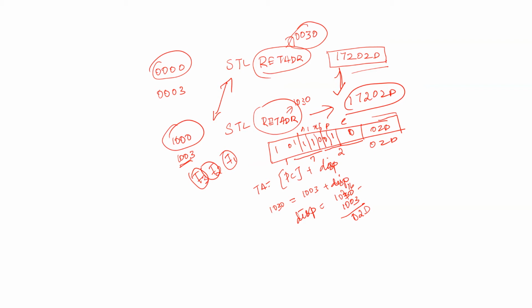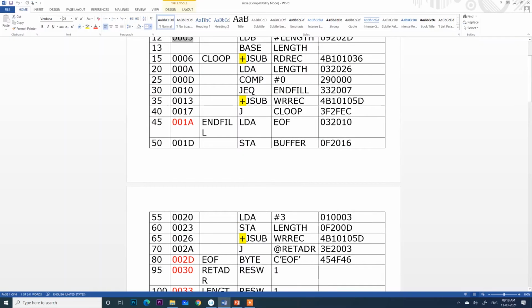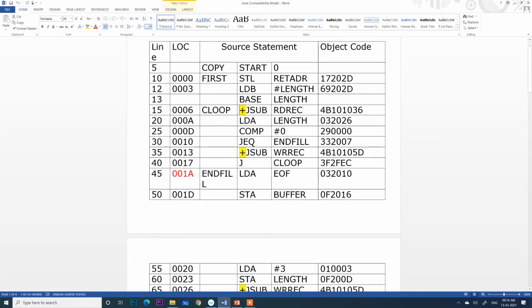Now we will consider another instruction. Consider this instruction, plus JSUB RDREC. Plus JSUB RDREC is a format 4 instruction. So what is a format 4 instruction? The plus symbol is specified there. So we will see that instruction, plus JSUB RDREC, read record.